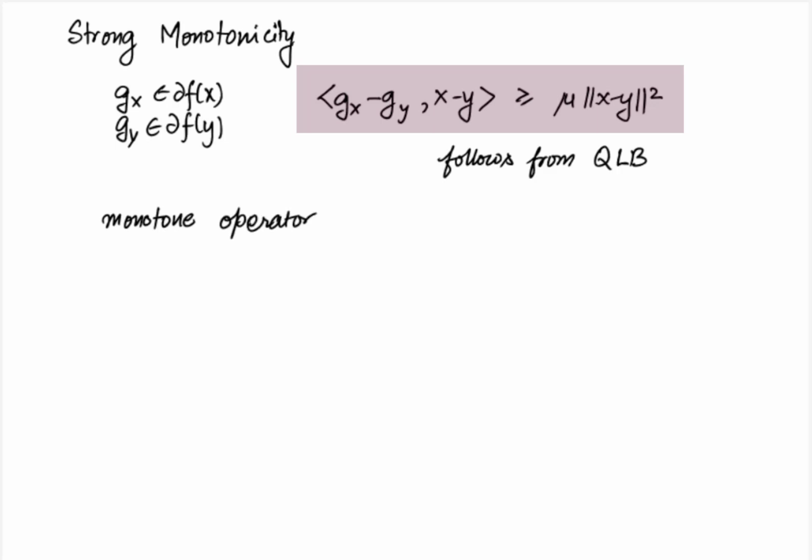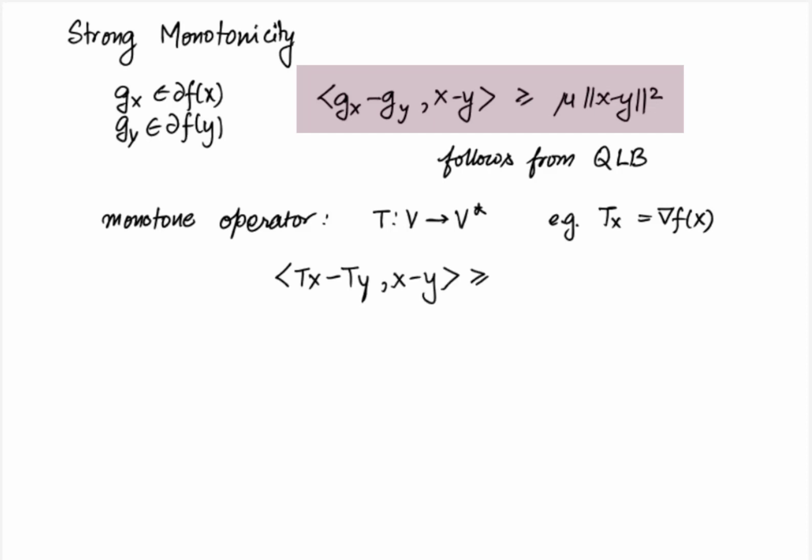It is possible to define an operator T from V to V star. Such an operator takes elements in V, such as x, and outputs an element in V star, such as the gradient of the function f at x. So the gradient can be thought of as a type of operator, but there are many other kinds of operators, of course, like for instance the subgradient operator. An operator is said to be monotone if it satisfies